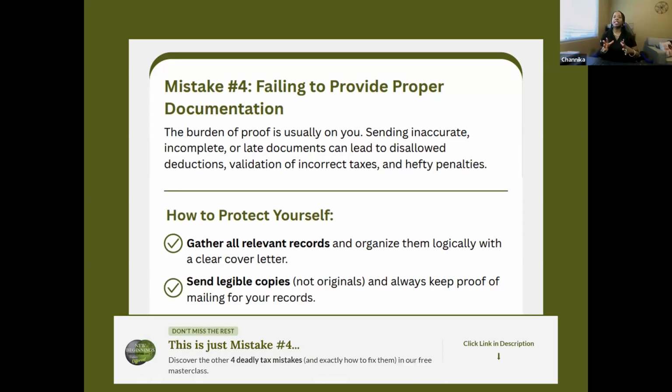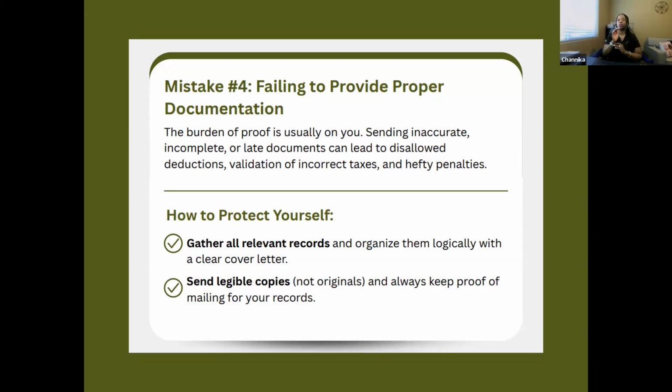And what I want to explain is that the burden of proof is on you. So say the IRS comes and says, hey, you owe us an additional $10,000 because you didn't report something on your tax return that was reported by another agency, right? And normally if somebody gives you a government form, they're giving it to the IRS as well. So what you have to remember is this.